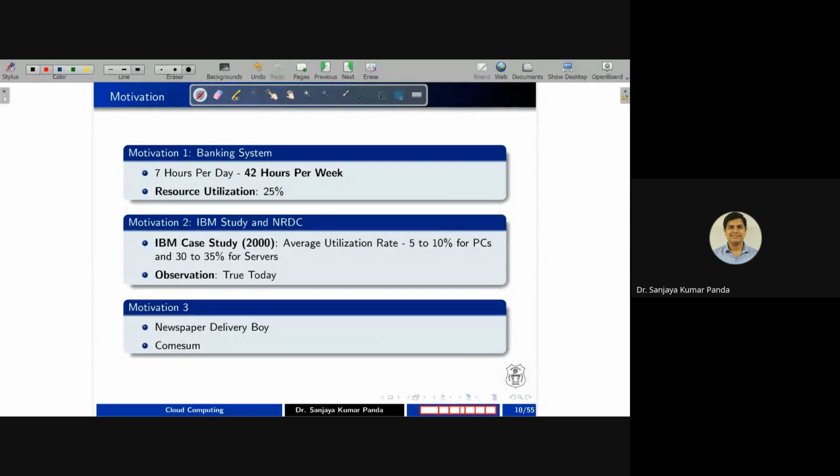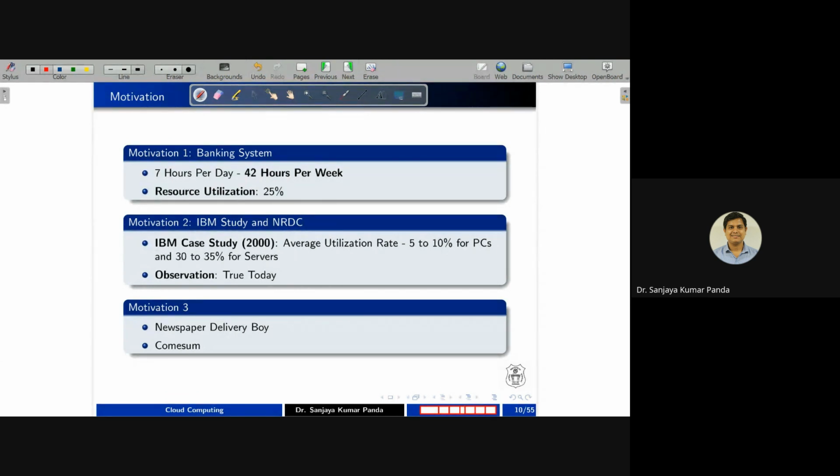not the 100% of the cost. So that emerges why cloud computing is important, or it also indicates how to improve the resource utilization of a computer system. Like if you write a program in which your computer system is busy and utilization reaches 80%, definitely you are utilizing it properly. Even if it is not 100%, if it is close to 100%, like 80% or 90%, then you can say obviously the resource utilization is better. But if the resource utilization is 25% or 10% or 5%, obviously it is not a good resource utilization.